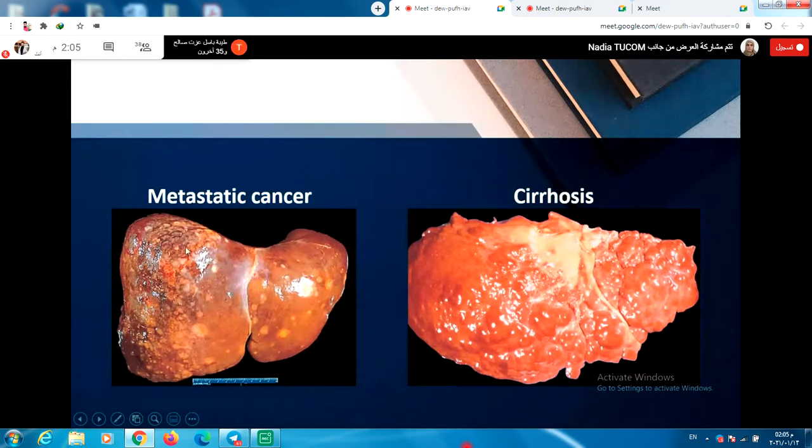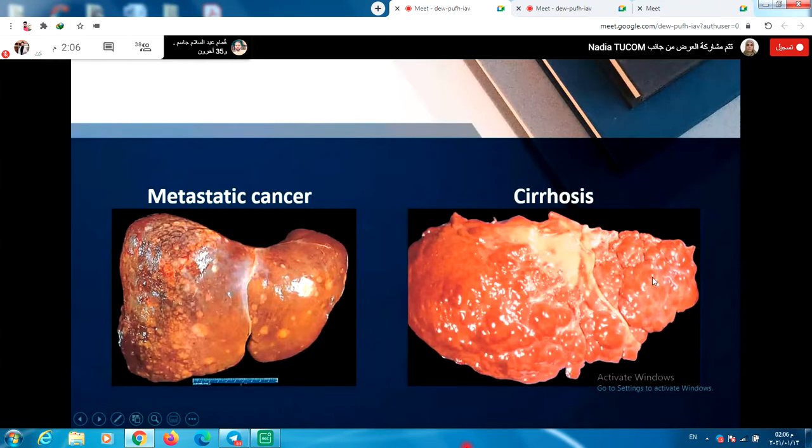So the pattern of involvement is spread of differently sized nodules of secondary, metastatic deposits, whereas cirrhosis is replacement of the liver by a huge number of regenerating nodules surrounded by fibrosis,